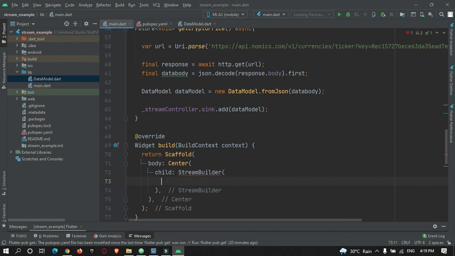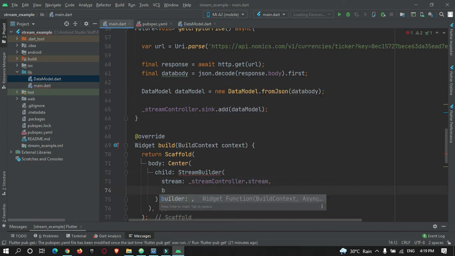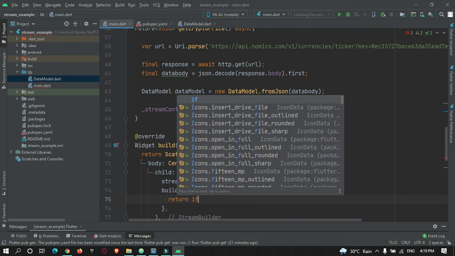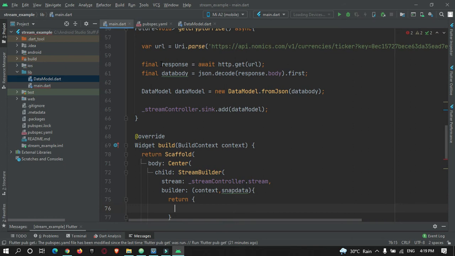So here first of all you need to attach our stream controller dot stream, and then let's build the widget, build widget, context, snap data, build the widget.